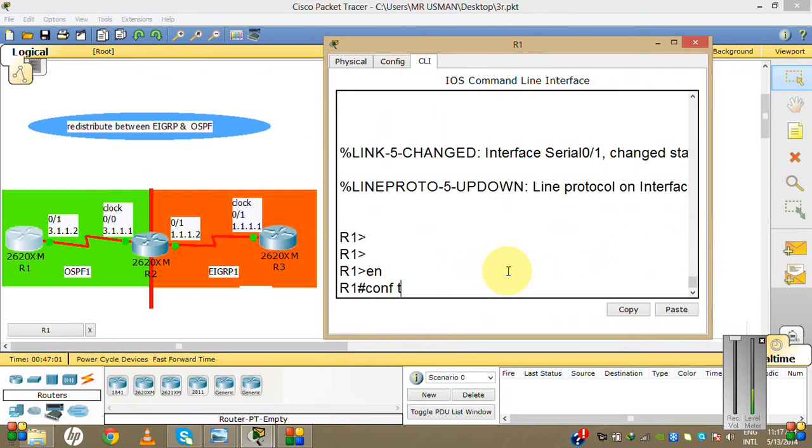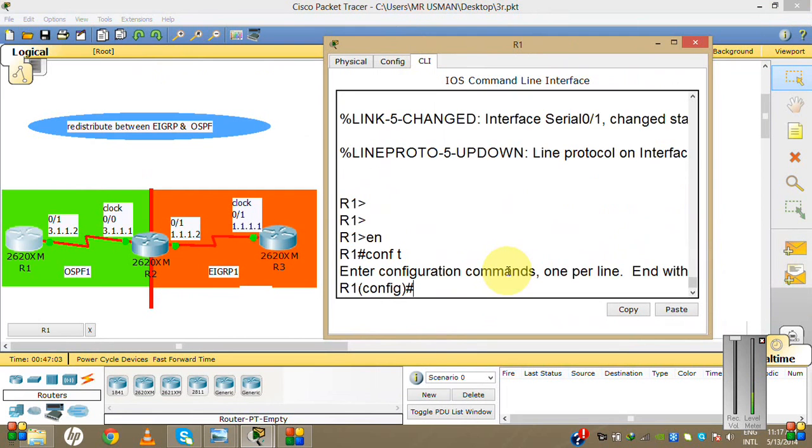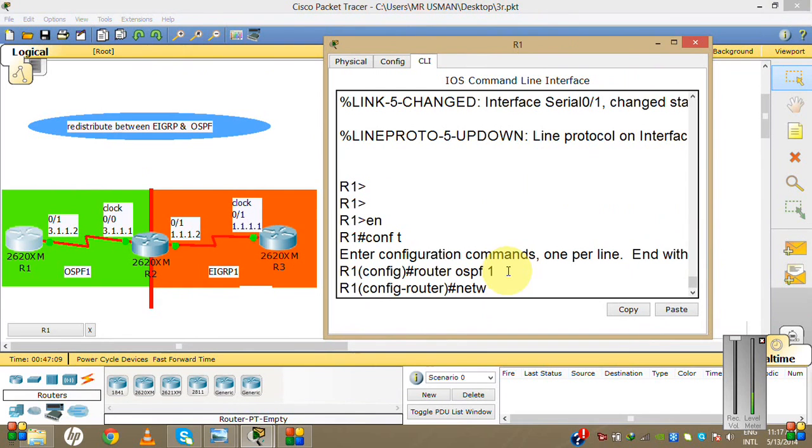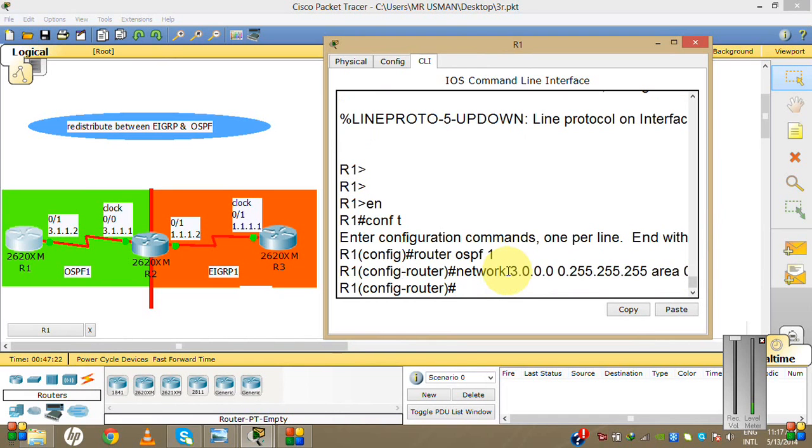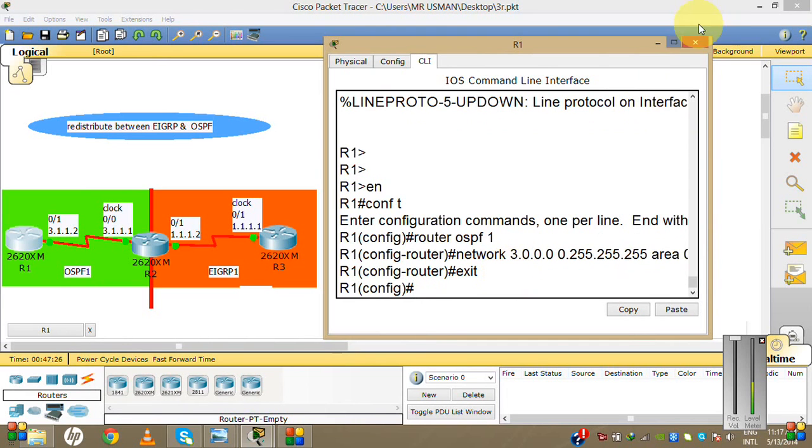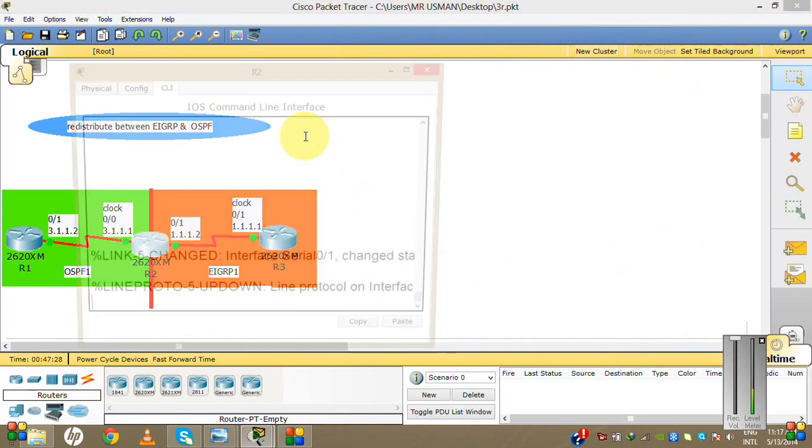Enable, configuration terminal, router OSPF 1, network 3.0.0.0 0.255.255.255 area 0, enter, exit. Now on the next router,